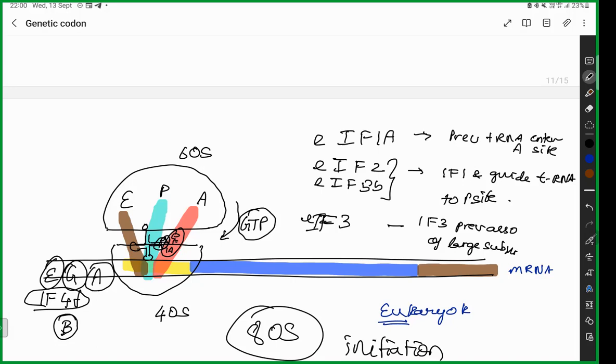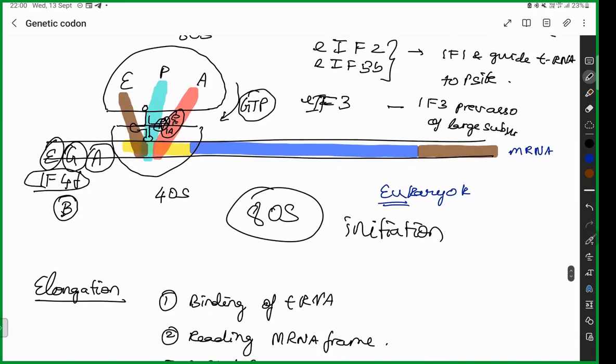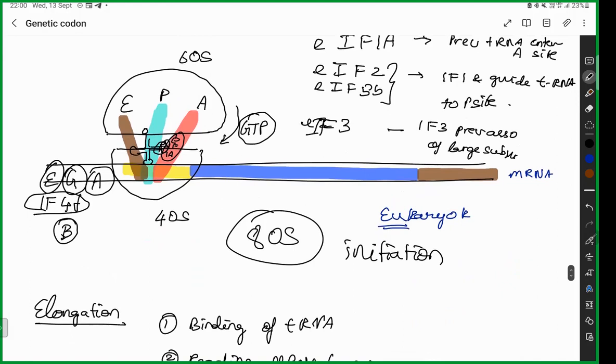Okay, so the same process occurred and you got an 80S initiation complex. Now tell me, what are the stages of translation? First, initiation factors 1, 2, 3 form the 30S initiation complex. Now GTP comes and is cleaved into GDP, and all your factors move away to form this very important step, which is going to be your 80S initiation complex.